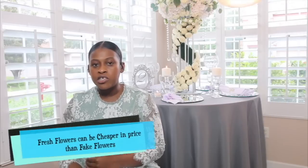Believe it or not, based on my experience, fresh flowers can be much cheaper than fake flowers. Yes, that is the absolute truth, you guys. Based on my experience, I find that to be absolutely true. Only because if you are able to find a really good wholesaler where you can get your flowers in bulk for a much cheaper price, it can be way cheaper than using fake flowers. Not to say that silk flowers, although I'm going to get into silk flowers, are not affordable, but sometimes I find fresh flowers way cheaper,